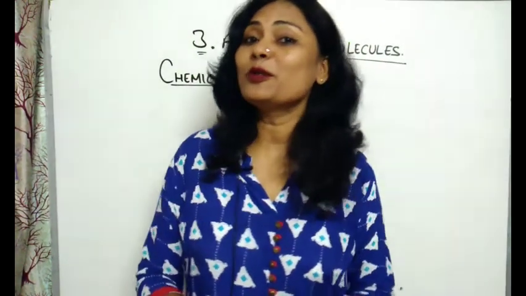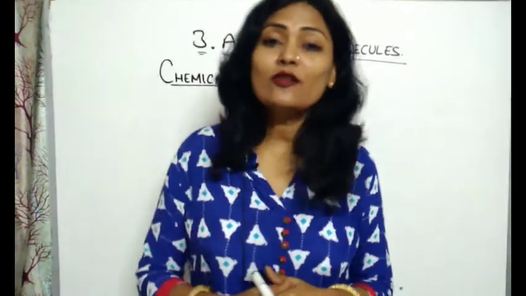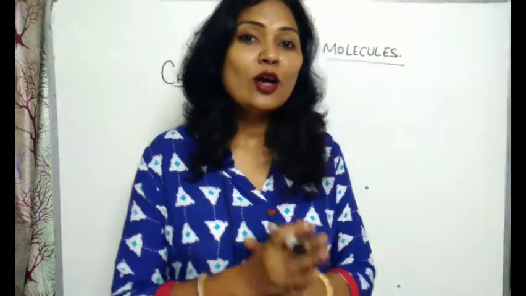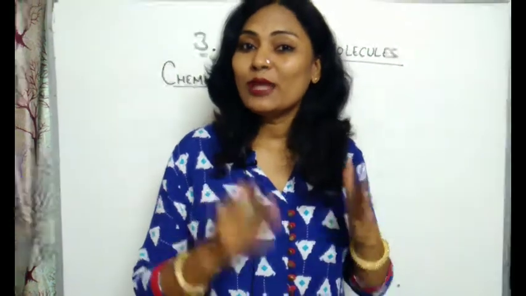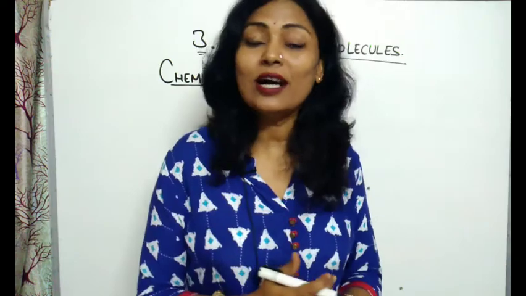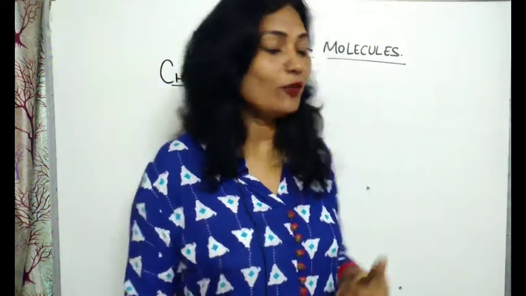I have already told you how we can write the chemical formula. And what is a chemical formula? Actually, the chemical formula of a compound is a symbolic representation of its composition, and the chemical formulas of different compounds can be written easily if we know the symbols and mainly valency. Valency, the combining capacity of the elements. Okay, so let us start the chemical formula.